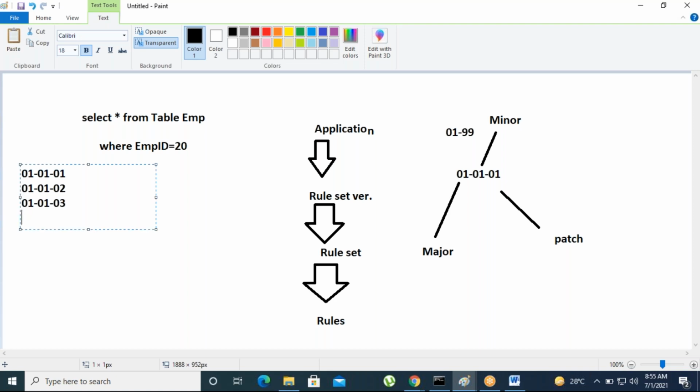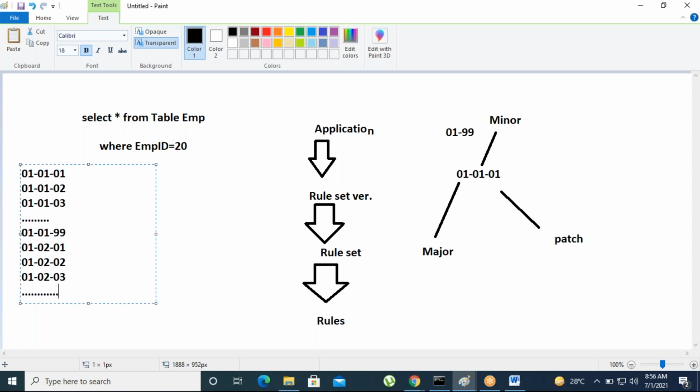And so on, whenever the patch reaches 99, 01-01-99, then automatically the minor will be incremented. 01-02-01 will come, then 01-02-02, and again 02-01-01, sorry, 01-03, and so on.